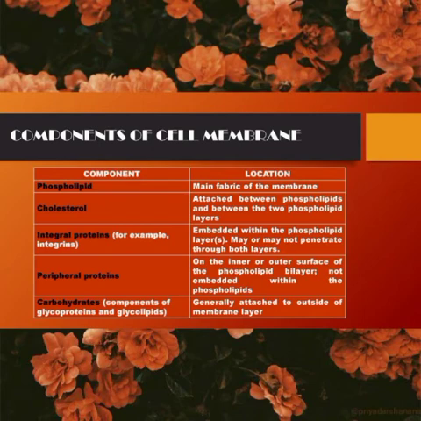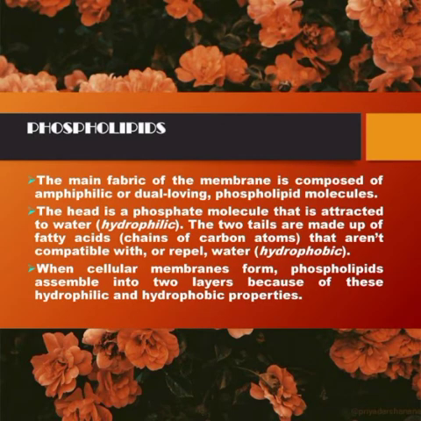Next, components. The plasma membrane or cell membrane is primarily made up of three main things. These are lipids, proteins, and carbohydrates. But generally, we all know the basic components of plasma membrane are phospholipid, cholesterol, proteins, and under the proteins there are two categories, integral proteins and peripheral proteins, and last one, that is carbohydrates, and mostly carbohydrates are found as glycoproteins or glycolipids.